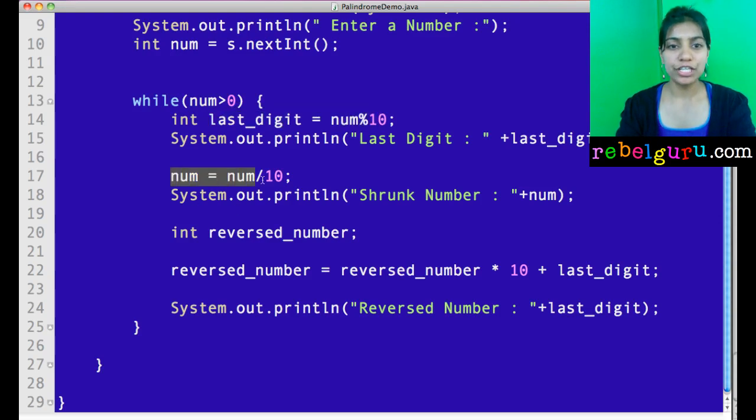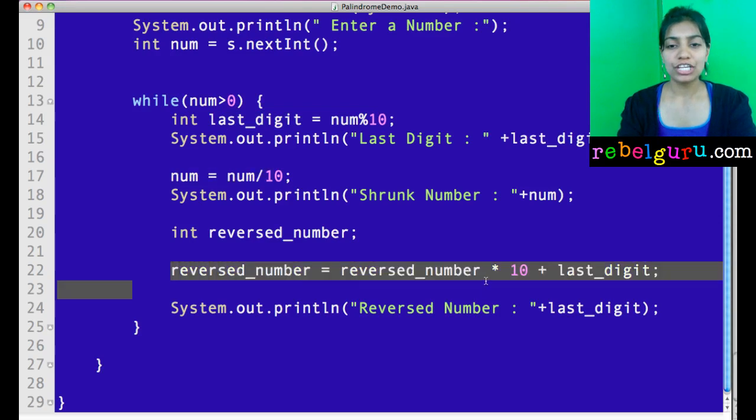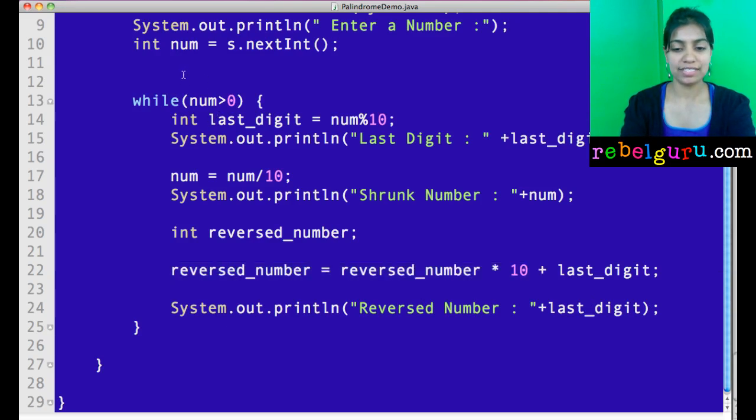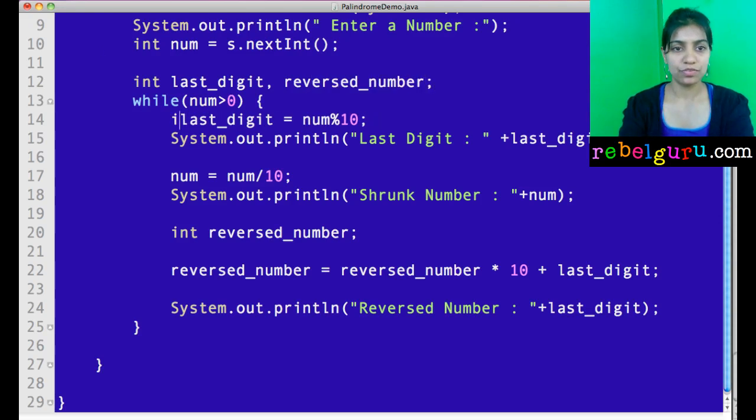Then I'm going to reduce the number by 10 and I'm going to insert it in the reversed number. Alright, and I just want to put all my declarations above. So I'm going to do int last digit and reverse number outside the while loop. So let me remove these declaration statements from here.